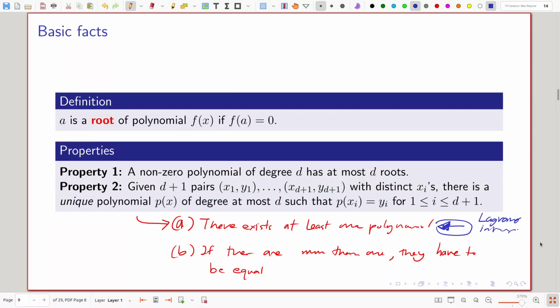Then we need to show that if there are more than one polynomials, they have to be equal. So that's the second part, that is uniqueness. If this statement didn't have uniqueness, then we would be done. We just learned the Lagrange interpolation and we're done. But if they're not unique, our secret sharing scheme will not work, right? Because you might come up with some other polynomial that goes through these points, but it would be a different one. Okay. So to prove the uniqueness,